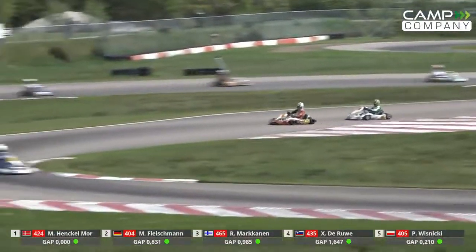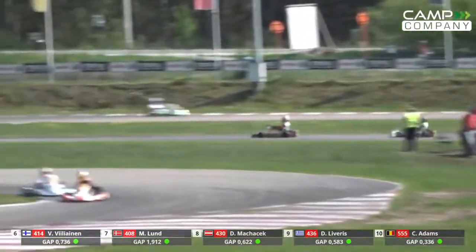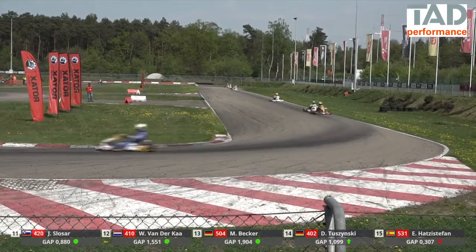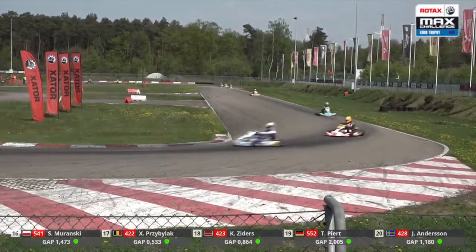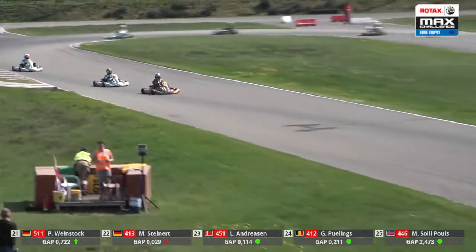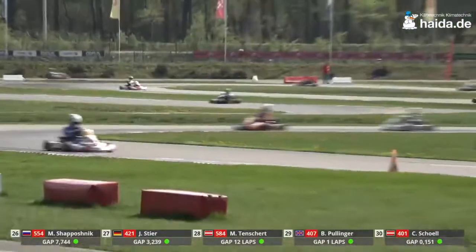So the gap still around the 0.8 of a second mark, and we are fast running out of time. It's less than 60 seconds plus an additional lap on the clock. So 30 seconds to go and an additional lap as the leaders now come down into turn number 9. Through the left-hander at turn 10 comes Henkel Mortens, and Fleischmann is not that far away, but I think that